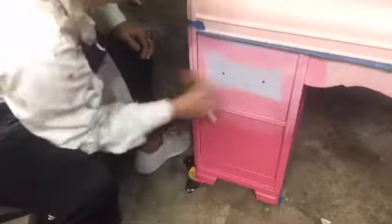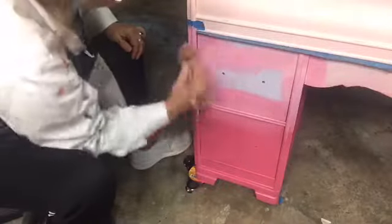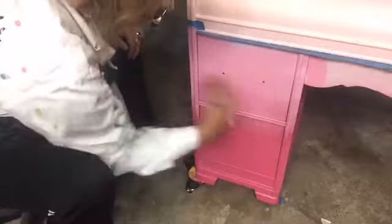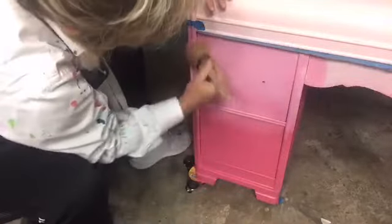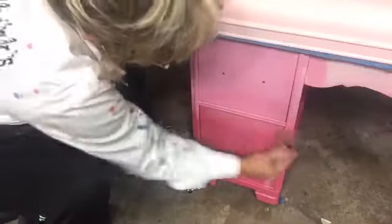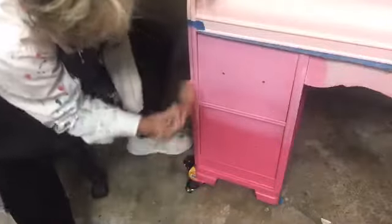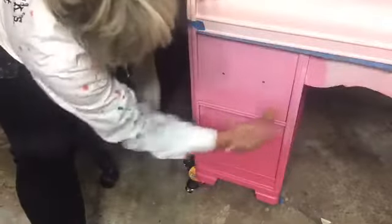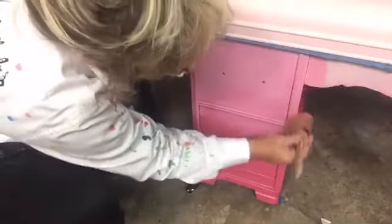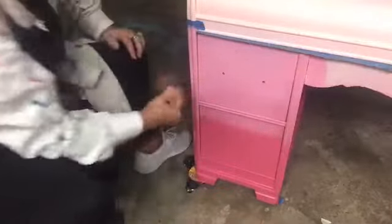Very pretty colors together. And I just love these brushes. I really like how